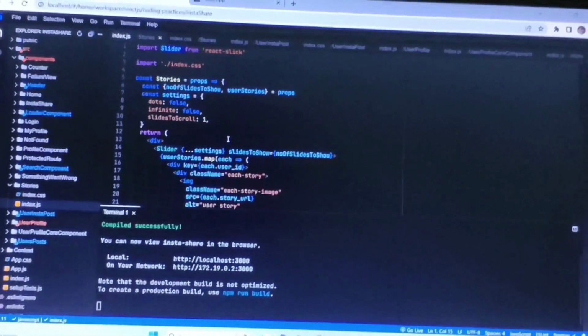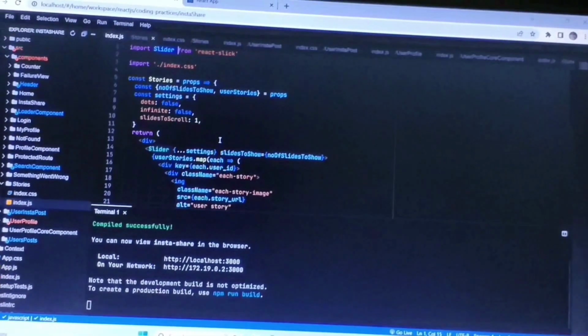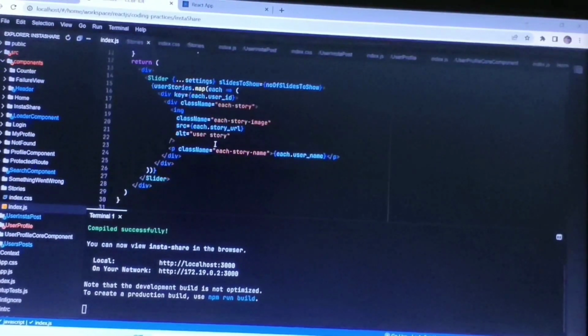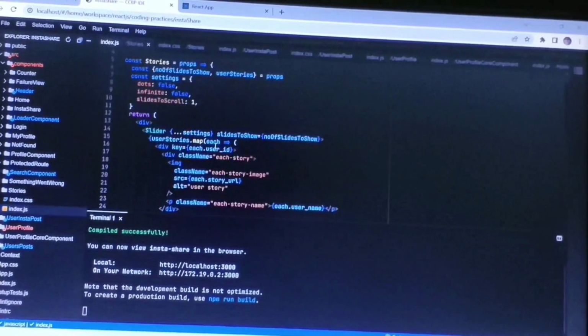Next I captured the data and showed it using the slider component.